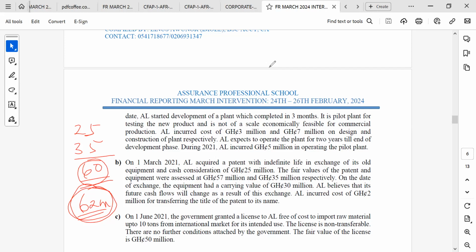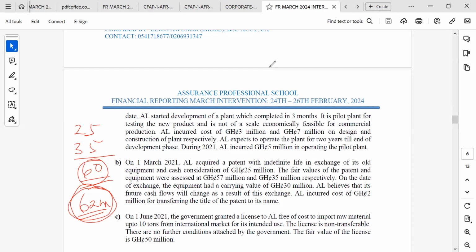and at the end of every year, impairment test should be carried out on the what? On the patent, because assets with indefinite useful life are subject to compulsory impairment test at the end of every year. We have three assets that we normally subject to what? A compulsory impairment at the end of every year. So that would be, we have the intangible asset with indefinite useful life. We also have goodwill acquired through business combination,